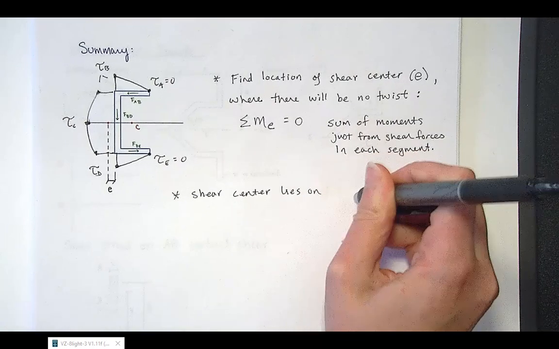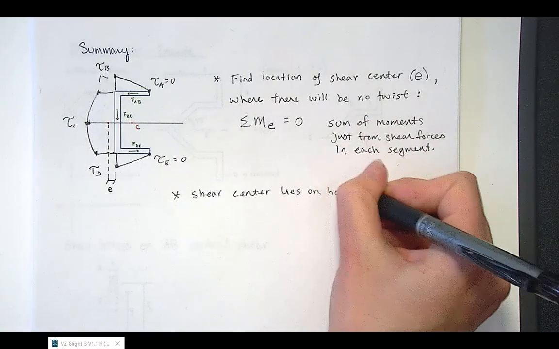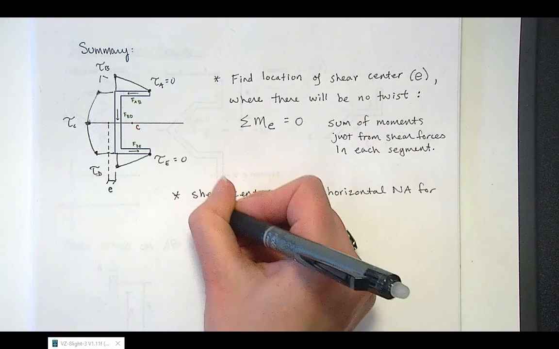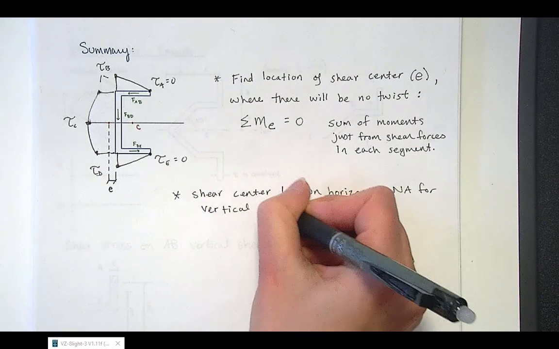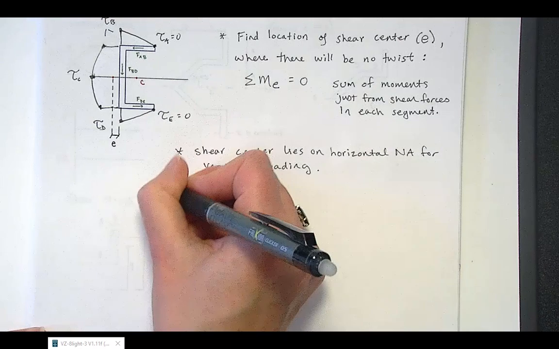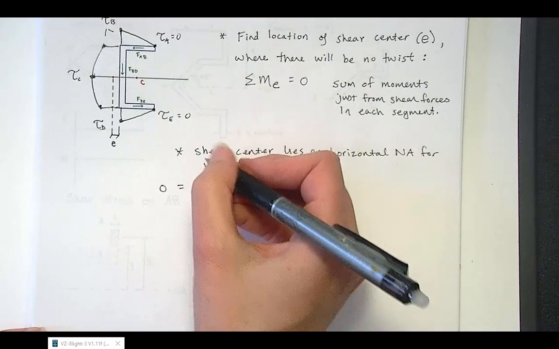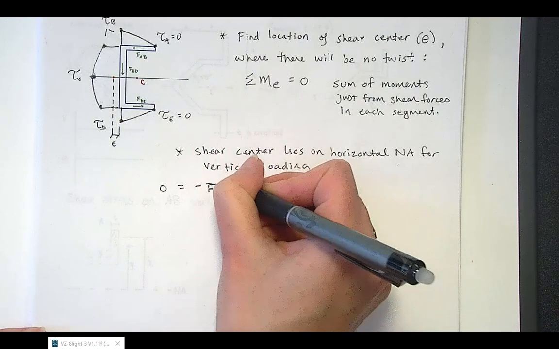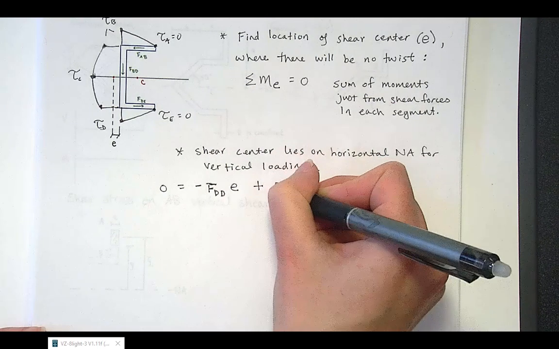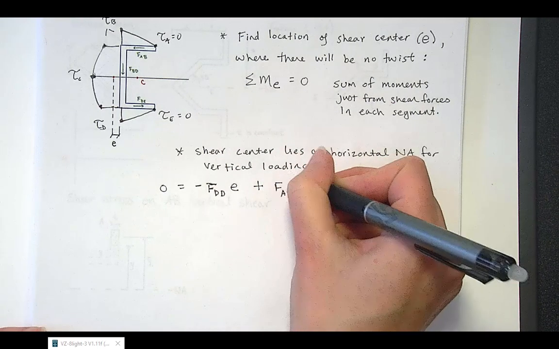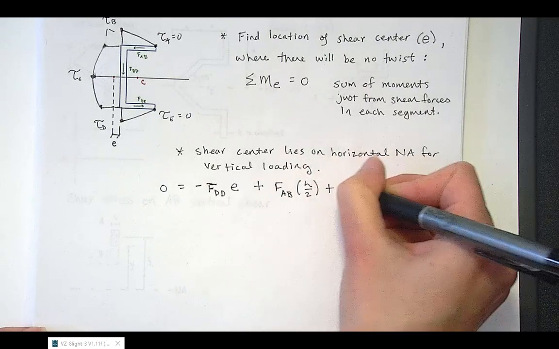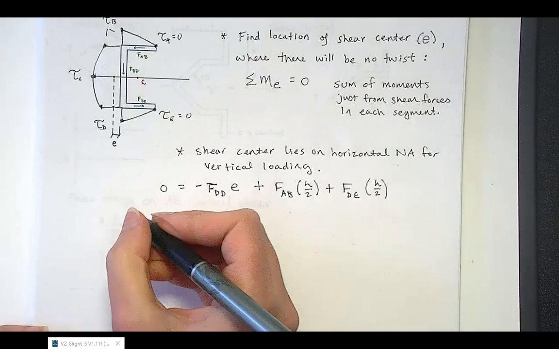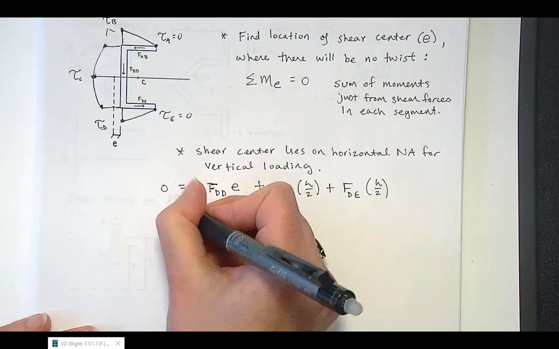Horizontal neutral axis, specifically. So we have 0, setting up our sum of moments, is equal to negative FBD times E plus FAB times H over 2 plus FDE times H over 2. Since FAB and FDE are equal to each other,